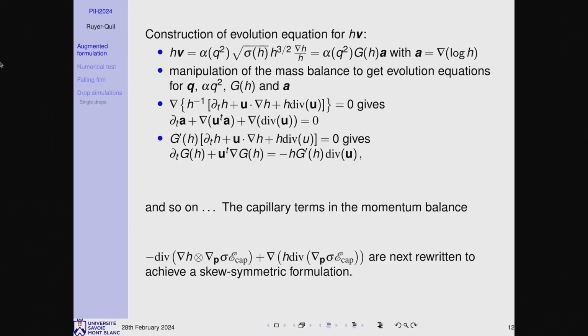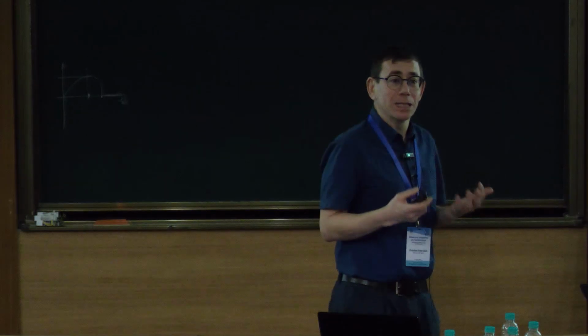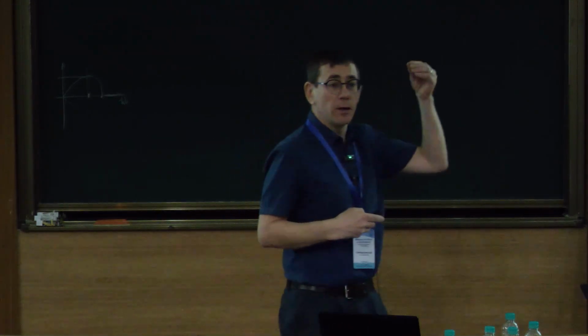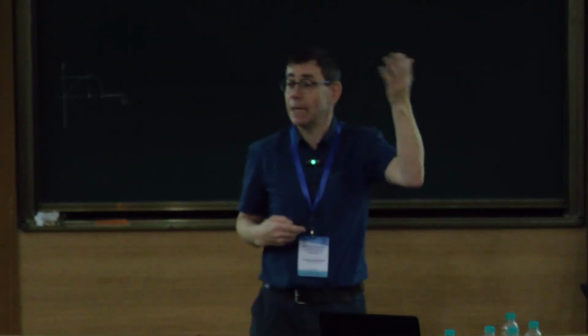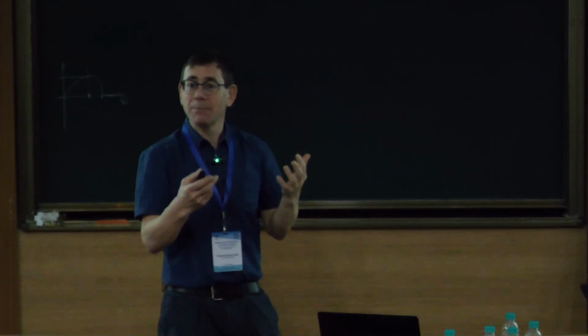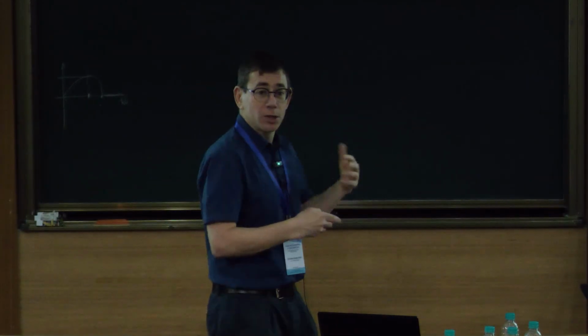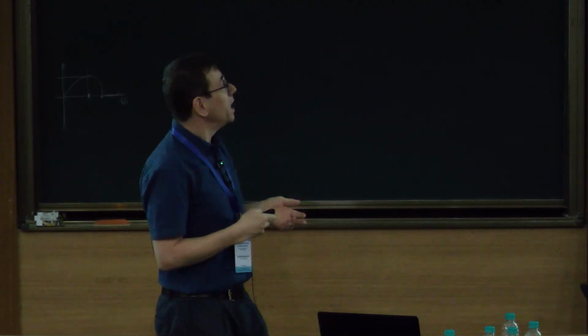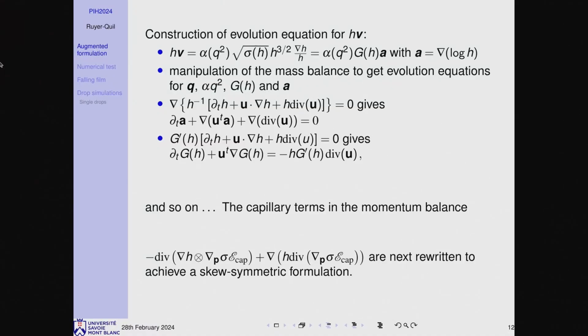Why do we do that from the mass balance? Physically, it's very simple to understand because V, the additional velocity, is simply the gradient of the film thickness. So that means that it is only the kinematics. So we modify the kinematic equations for the flow so as to get a kind of momentum balance for the new variable HV. That's all. After doing that, the philosophy is to modify the terms coming from the Euler-Lagrange formalism in the momentum balance so that they are symmetric in a way with the terms that appear in these new momentum equations for